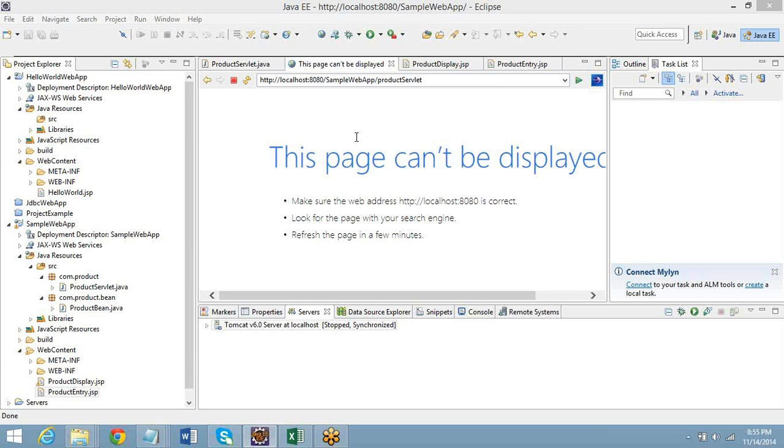Once that value is available, then you will throw an error message, right? So when you are going for an edit page, what we are going to do is, if the value is already available, the remaining things will be updated. But if you are going to change the product ID, this new product ID is going to be inserted into the database and the old product ID is going to be deleted. Okay, that's what we are going to do now.